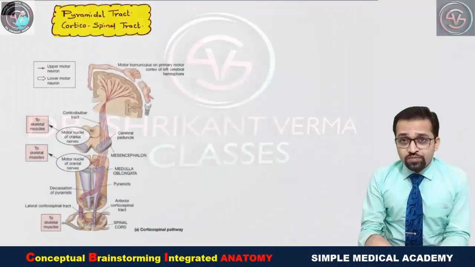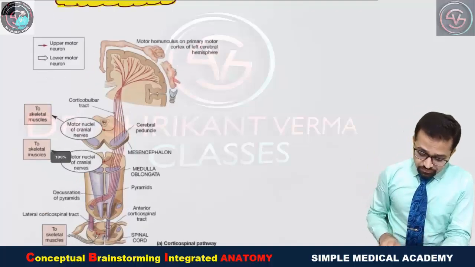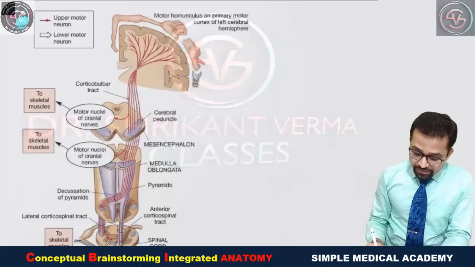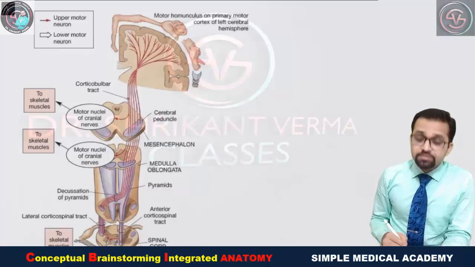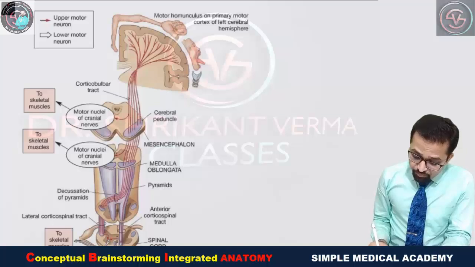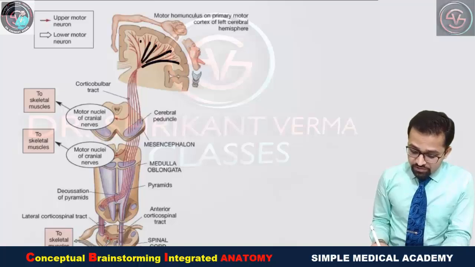Now we are going to observe the details about the pyramidal tract or corticospinal tract. So you can follow this image. आप यहाँ पर देख रहे हैं that this is the coronal section of the brain and from the different part of the cortex, mainly the area number 4, but also contributed by the area number 6 and other areas.